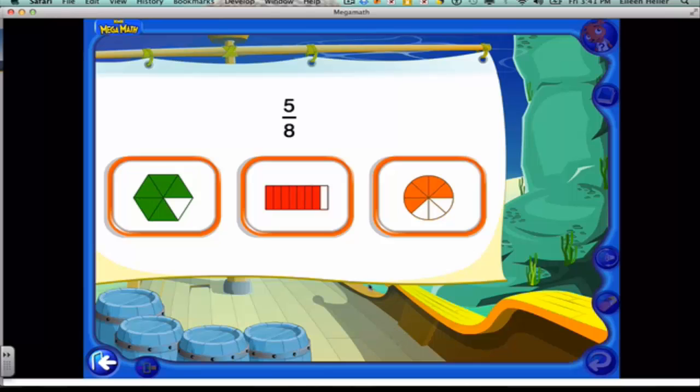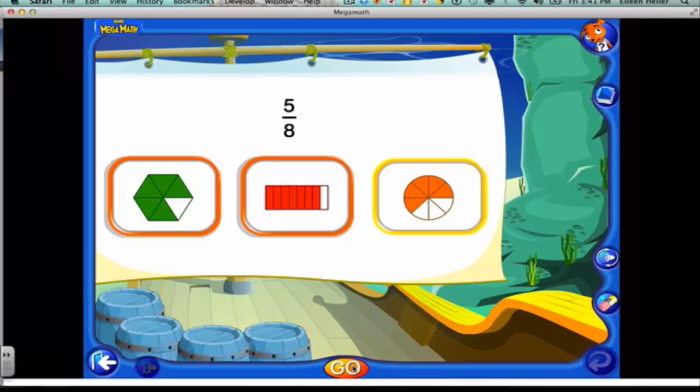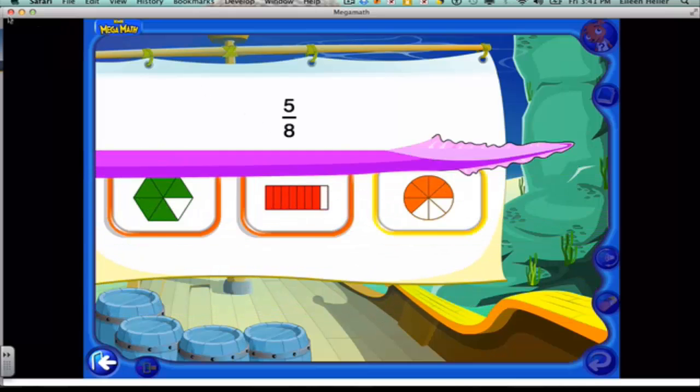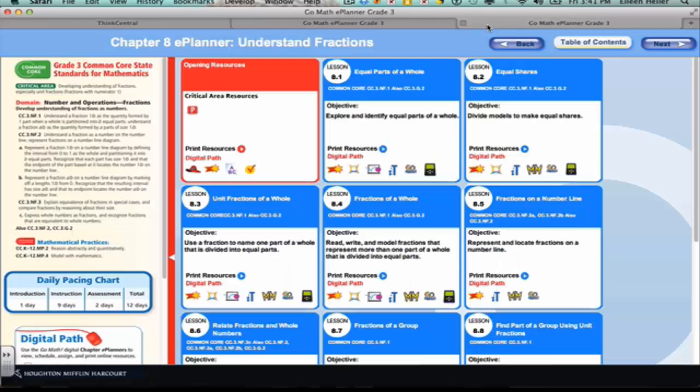So she's asking them to compare 5/8 to which of the shapes matches. And then they would make their choice, and it would tell them with immediate feedback if they were correct. So it tells them that they're correct. Again, if you close it, it takes you back, and you have to move all the way over 3 tabs to get back. The Student Edition is built inside here, and again, you can click View,